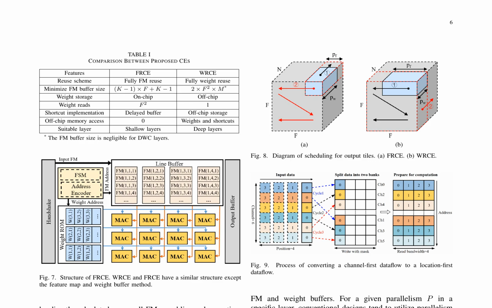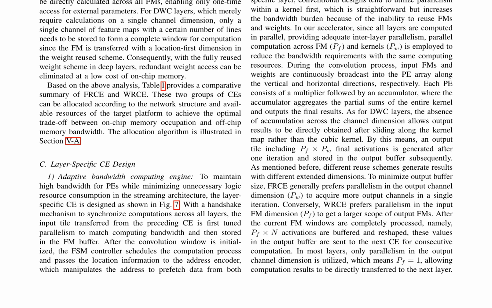The paper also introduces a ping-pong structure-based global FM buffer for storing FM data entirely, reducing off-chip memory traffic in deep layers. The comparison between FRCE and WRCE is summarized in Table I, highlighting their differences in reuse schemes, weight storage, and suitability for different layers. The layer-specific CE design is adaptive, ensuring high bandwidth while minimizing logic resource consumption. This includes a handshake mechanism for synchronization and parallelism tuning to match computing bandwidth. The research concludes by emphasizing the efficiency of the proposed schemes in reducing memory occupation and traffic, making them suitable